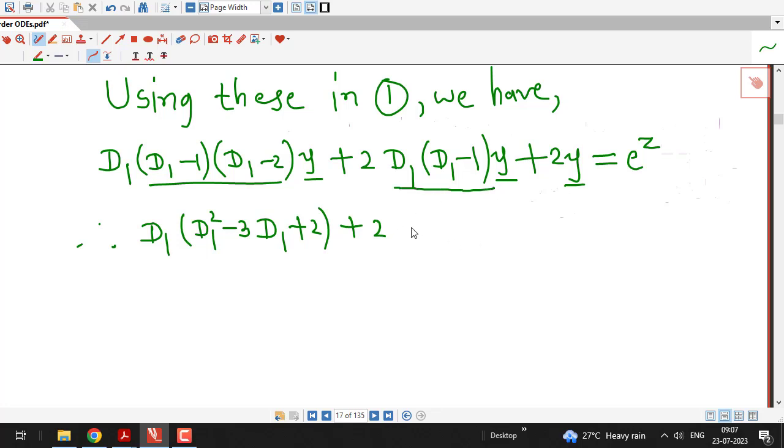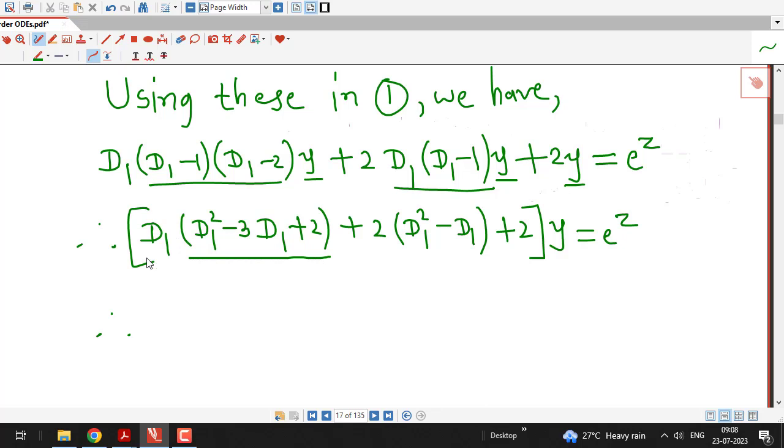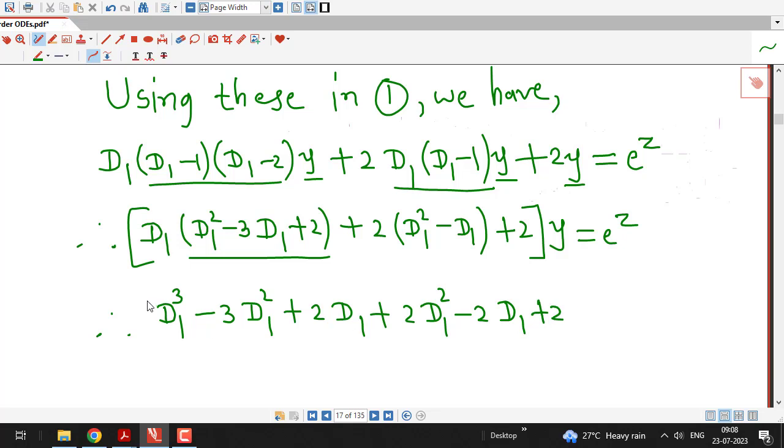I can multiply these two also. So I have D1 square minus D1 plus 2, and y common, equal to e raised to z. Again I multiply each of these terms by D1, and I have D1 raised to 3 minus 3 times D1 square plus 2 times D1 plus 2 times D1 square minus 2 times D1 plus 2, y equal to e